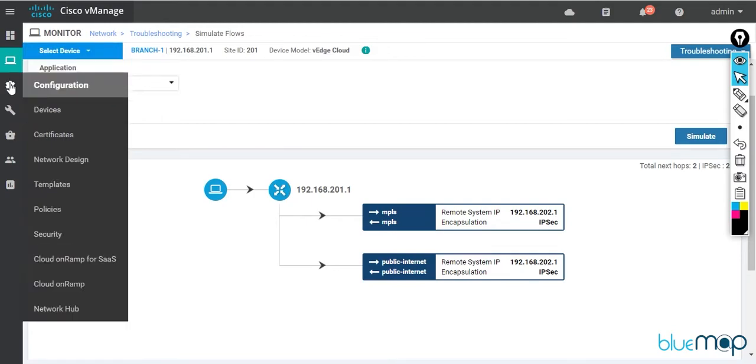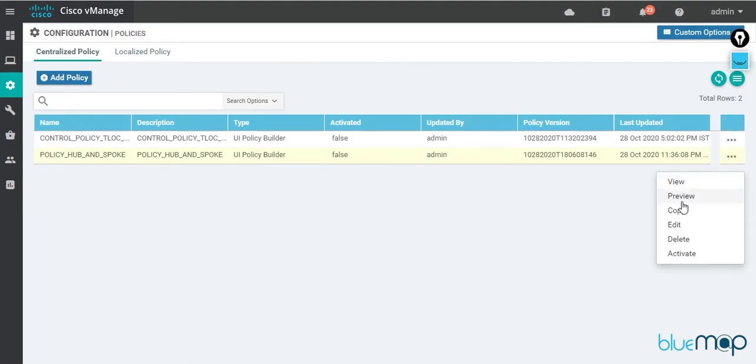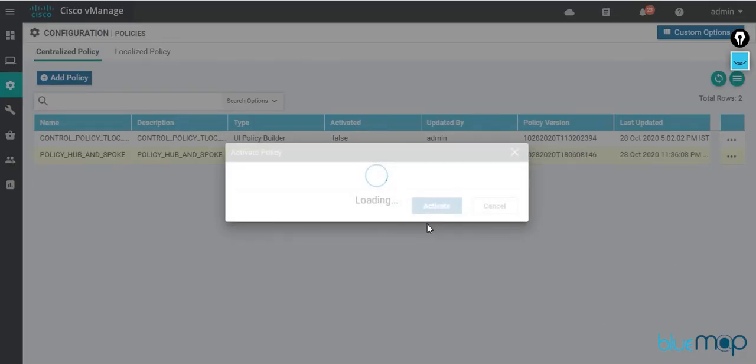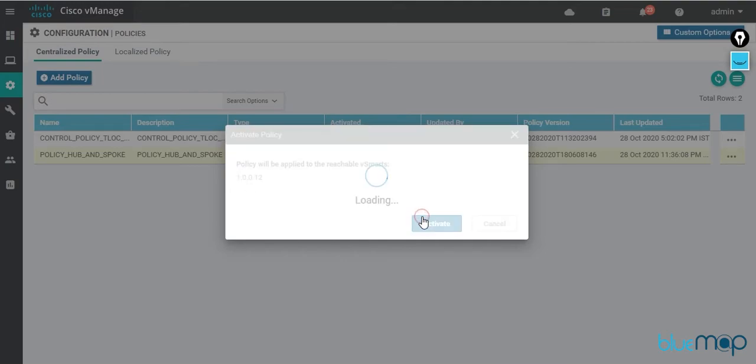Now, what I'll do is go to policies and activate this policy on my vSmart. Just move it to the side. Okay, click and activate. A centralized control policy is always activated on the vSmart. So my vSmart is 1.0.0.12 and I'll click on activate.